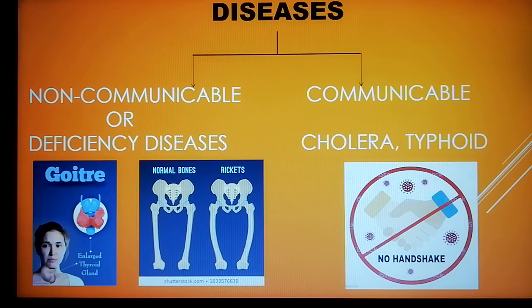All right. On my screen, you can see an image which says no handshake. Okay, so this is to symbolize that if we don't want communicable diseases to affect us, we have to be careful, and we should be keeping away from the sources which may cause these diseases, right? So now during this situation of COVID-19, we know that we should not shake hands with others, we should sanitize ourselves very often, right? So these will prevent these kind of communicable diseases.